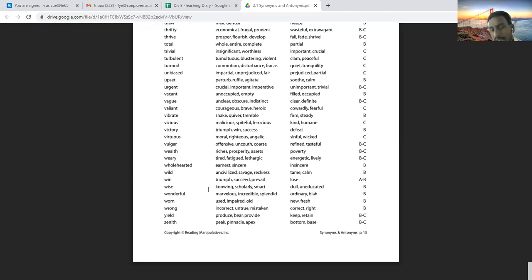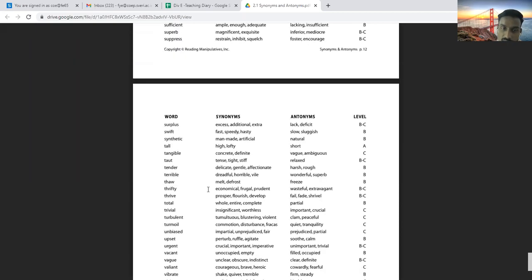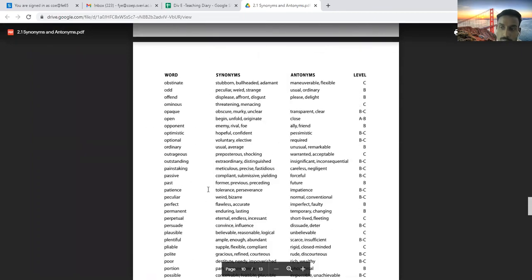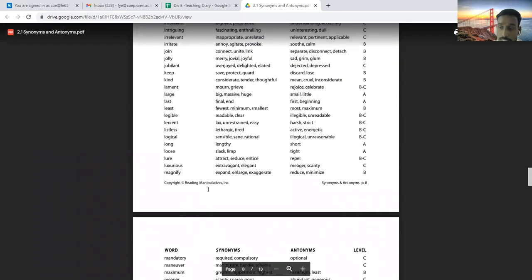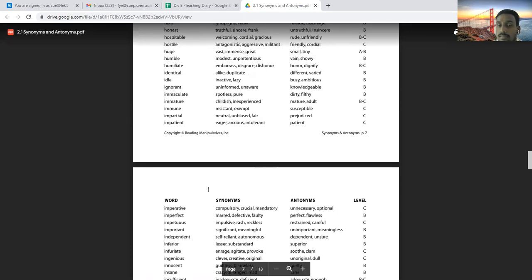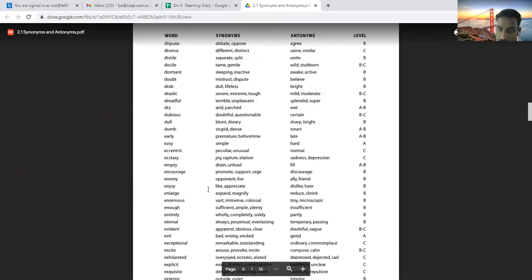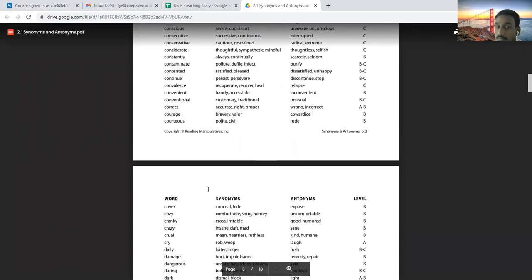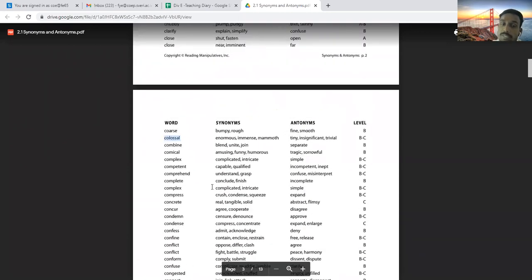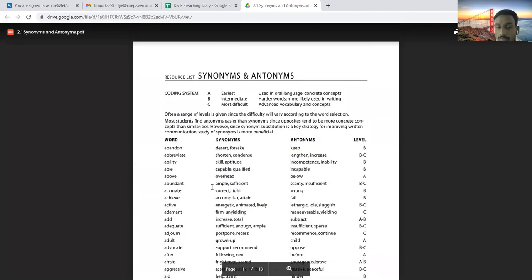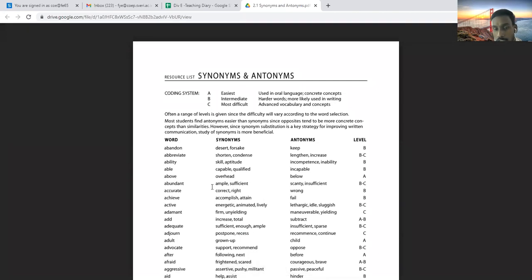For the test, I will add randomly, maybe from this or maybe from outside. You people have to answer based on your conscience, whatever knowledge you have, and additionally you are attempting it online. So don't expect that it will come from this list only or from anywhere. So there will be 10 words, 5 for synonyms and 5 for antonyms. They may come from anywhere.